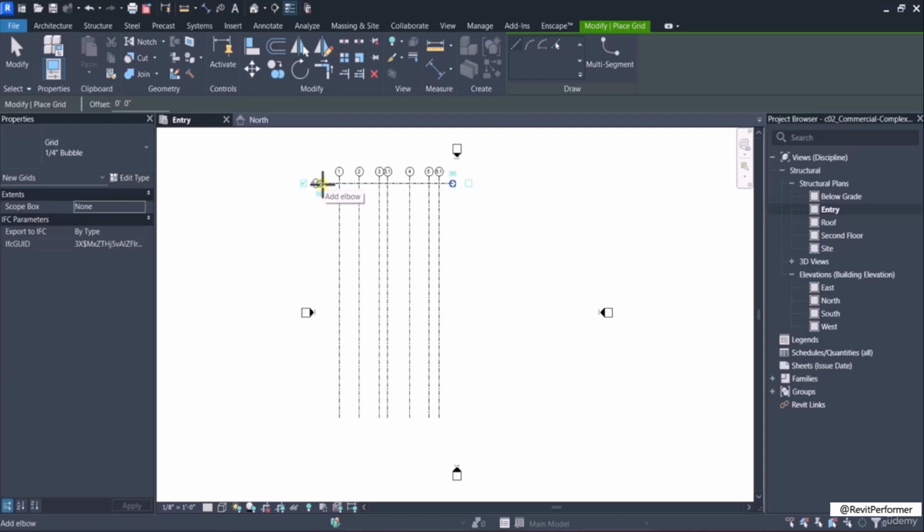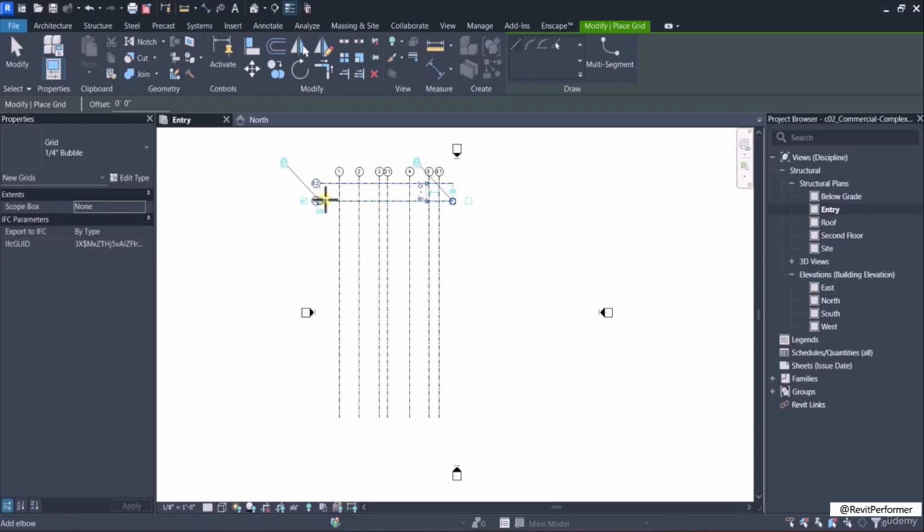After that, move the cursor below the grid line alignment control of the start point of first horizontal grid line. You can see here an alignment line with the temporary dimension is displayed. Then type 8 feet in the edit box and press enter. See, here the second horizontal grid line will start below the start point of the first horizontal grid line at the distance of 8 feet. Then move the cursor horizontally toward left and place it below the grid bubble marked 5.2 of the first grid line and click when the alignment line appears.